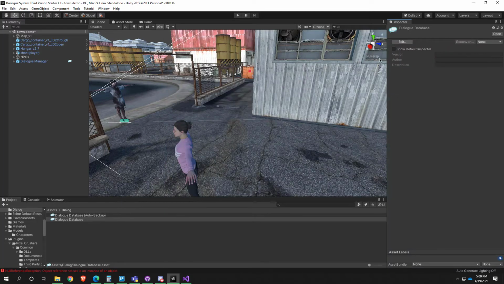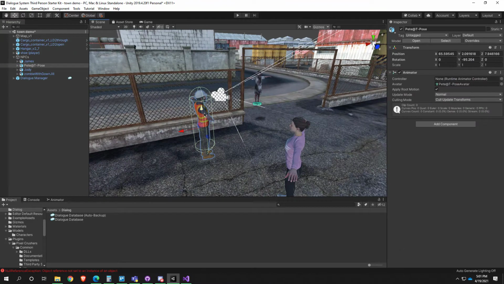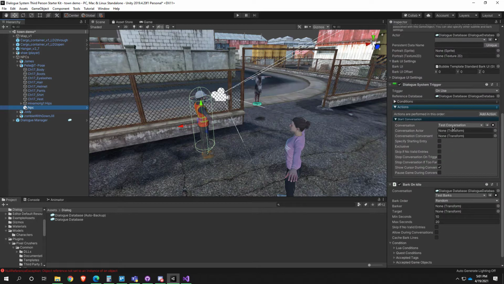All right, so I am going to make sure that I have that dialogue database plugged in. And now if I click on one of these NPCs and I go to their NPC component and I scroll down, it's actually set up to use test conversation and test barks. So if I run the game,